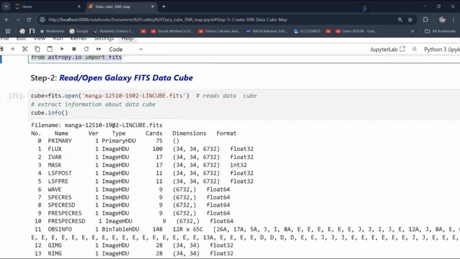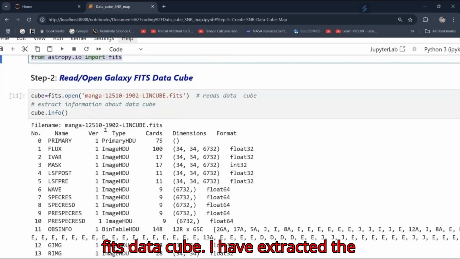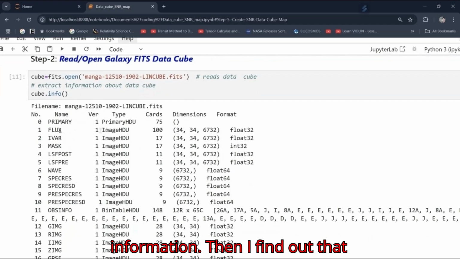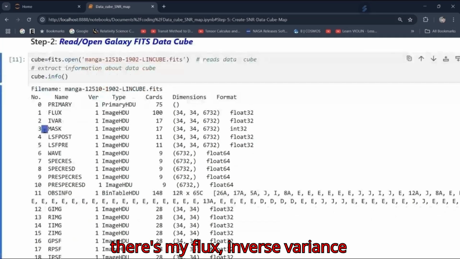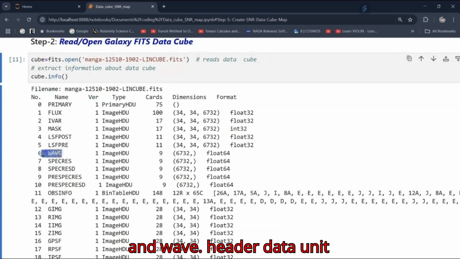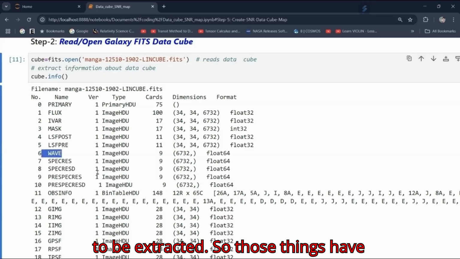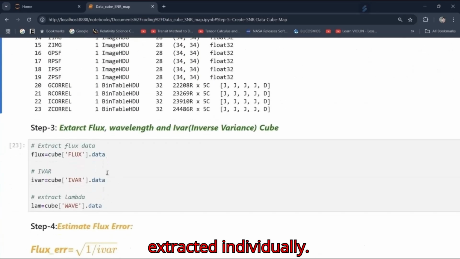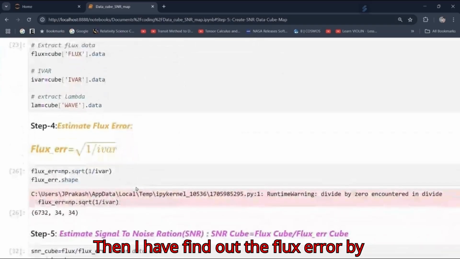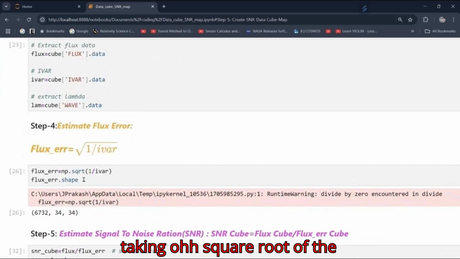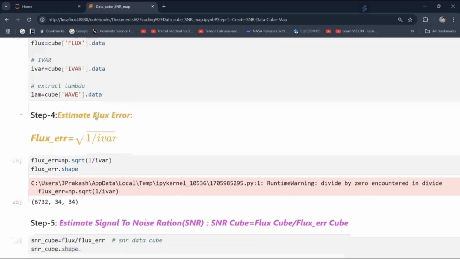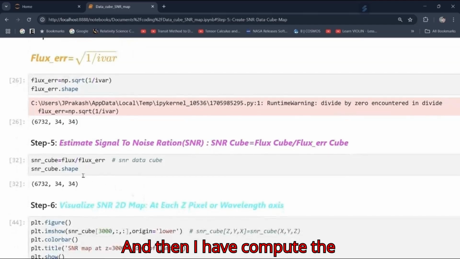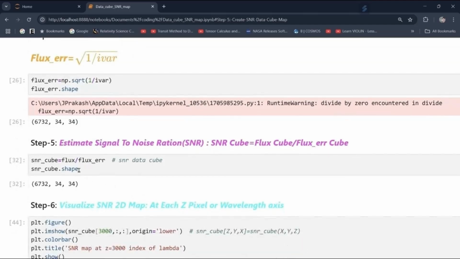Then I have read my fits data cube. I have extracted the information. Then I found out that there are my flux, inverse variance and wave header data units to be extracted. So those things I have extracted individually. Then I have found the flux error by taking the square root of the inverse variance, right, and then I have computed the SNR data cube as flux divided by flux error,